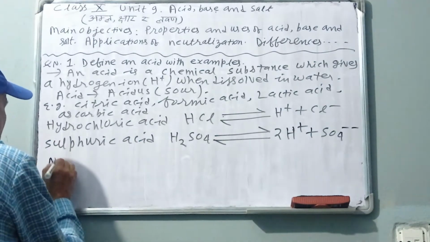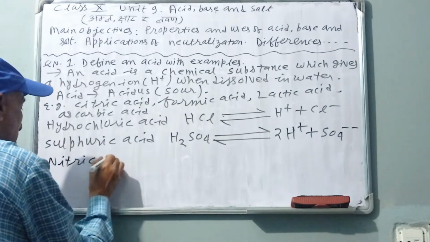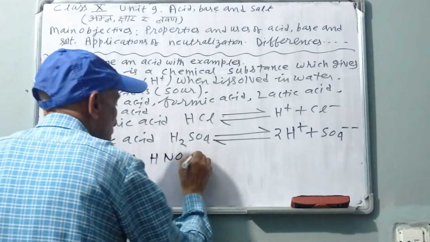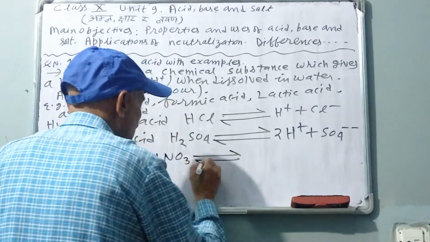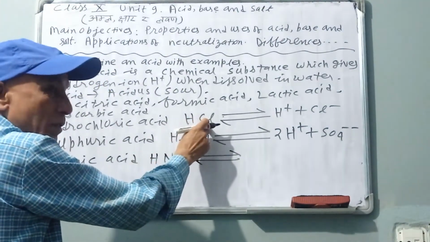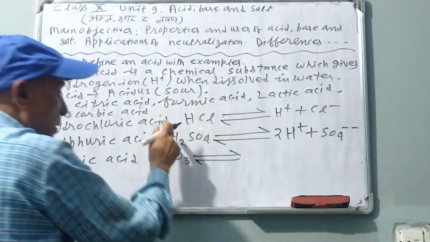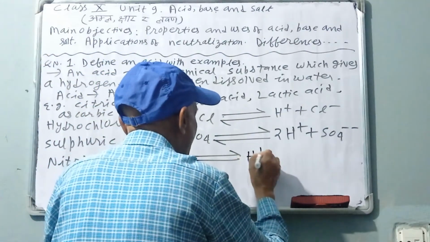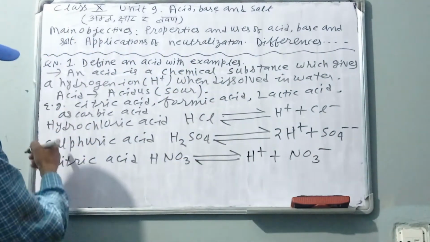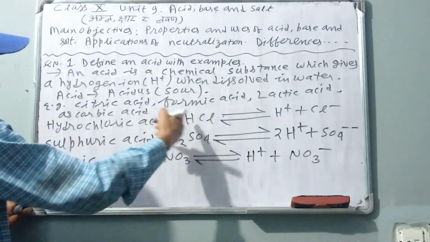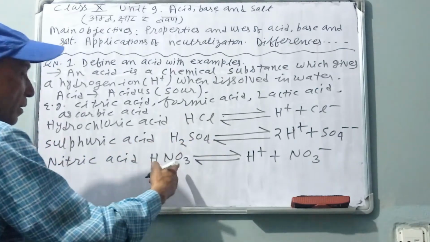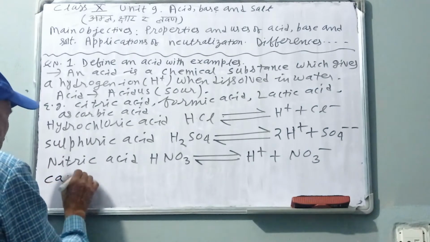Another is nitric acid, formula HNO3, which gives hydrogen ion and nitrate ion. Nitric acid, sulfuric acid, hydrochloric acid. Hydrochloric acid HCl, sulfuric acid H2SO4, nitric acid HNO3, carbonic acid